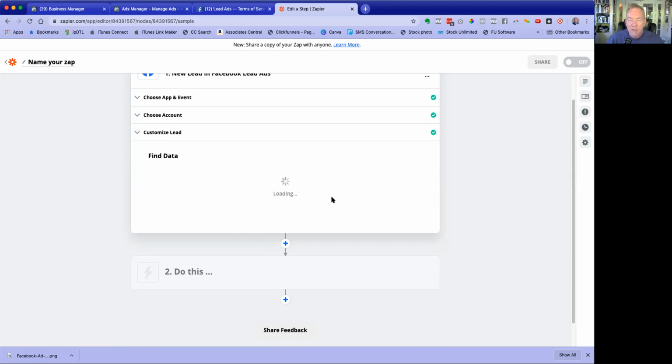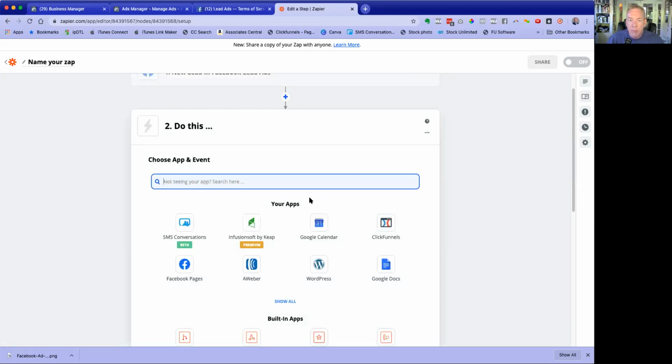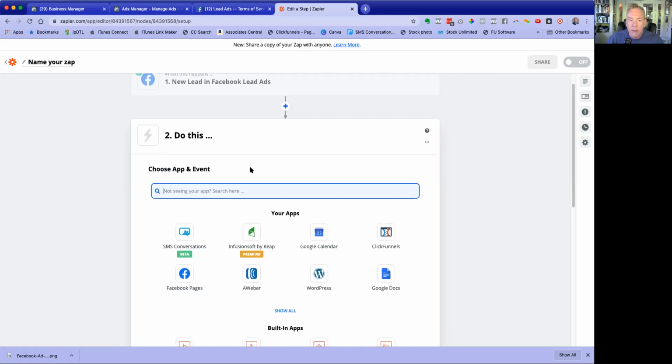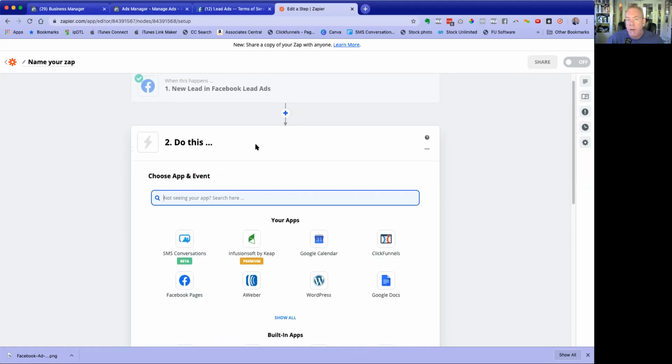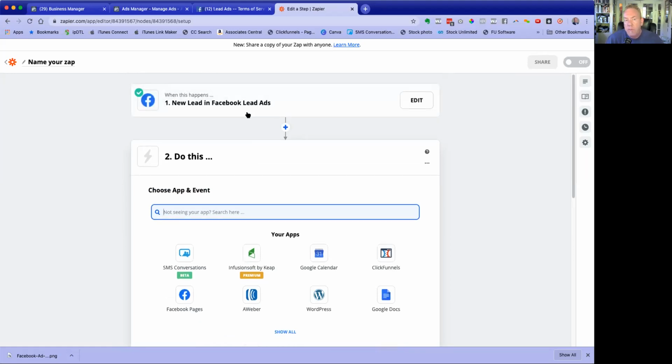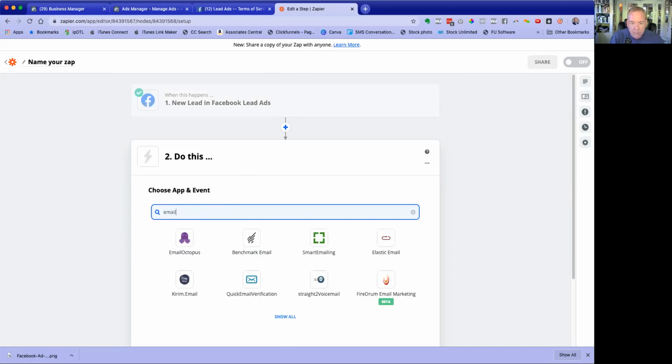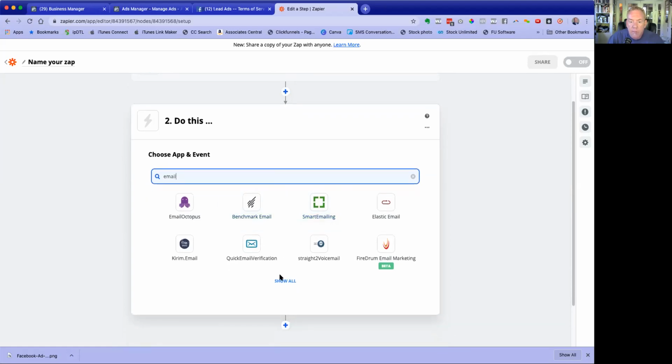Now, because there's no data in there, I'm not even sure if it's going to be able to pull anything up. Looks like it did though. So right now what it's doing is it's connected to Facebook. Anytime someone hits submit, that's a new lead. Zapier is going to know that someone hit submit, and then I have to tell Zapier what I want it to do with that. A couple of things I could do with that. Number one, let's say I wanted it to